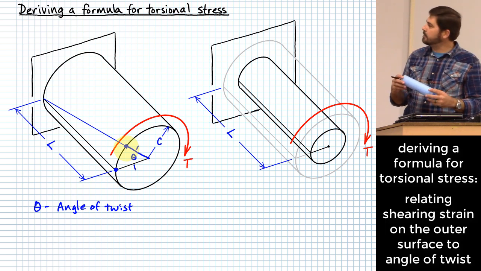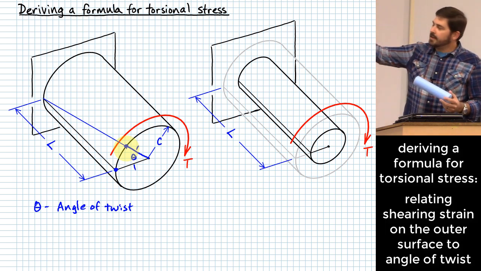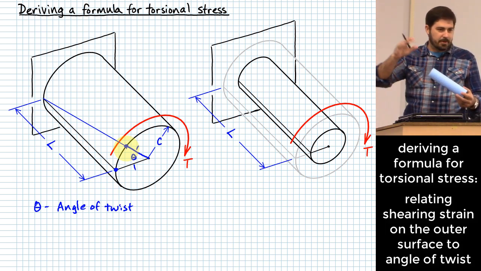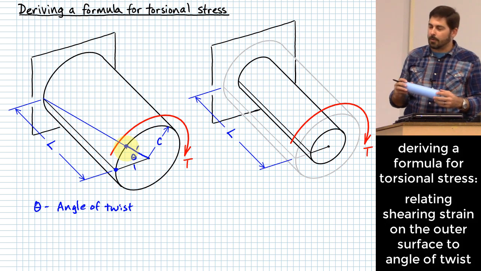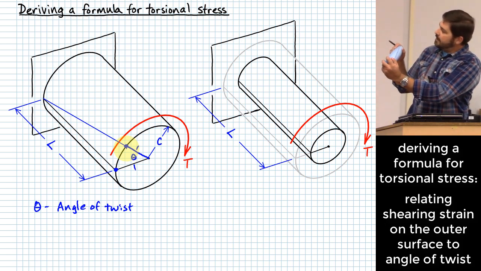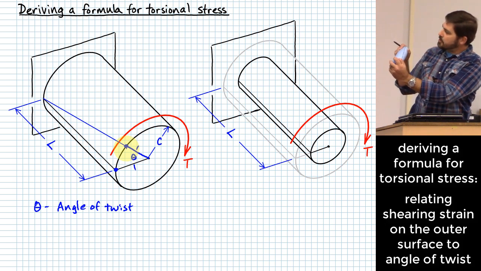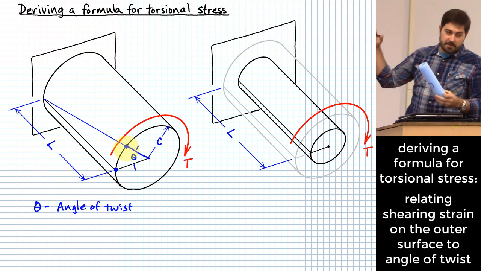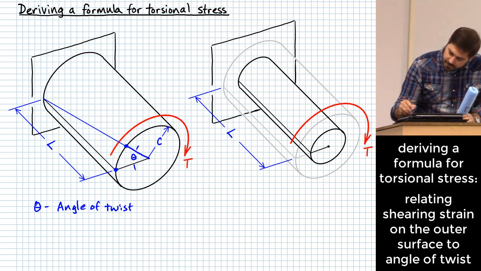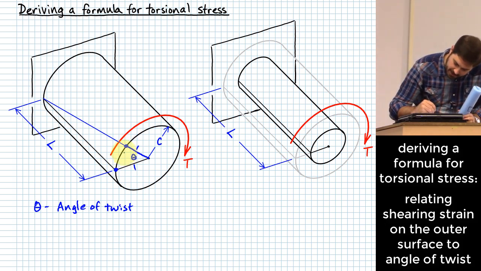Especially if that angle doesn't get super large. As a matter of fact, maybe I've drawn it more than I really want to draw it there, but I want you to be able to see it, so I put it there probably larger than a normal angle of twist might be. But let's say that if we have that theta measured in radians and we have a radius of c, then that means that that point will have moved by approximately a height,